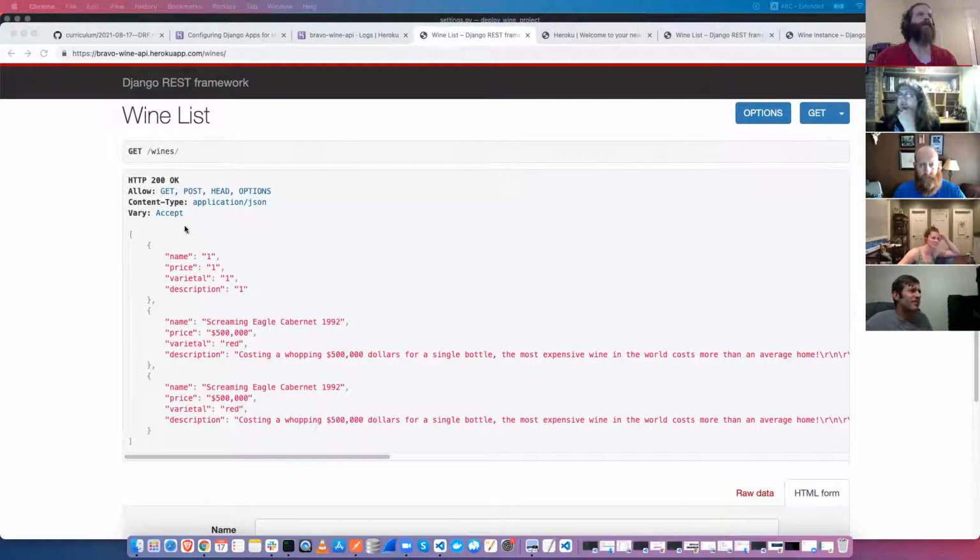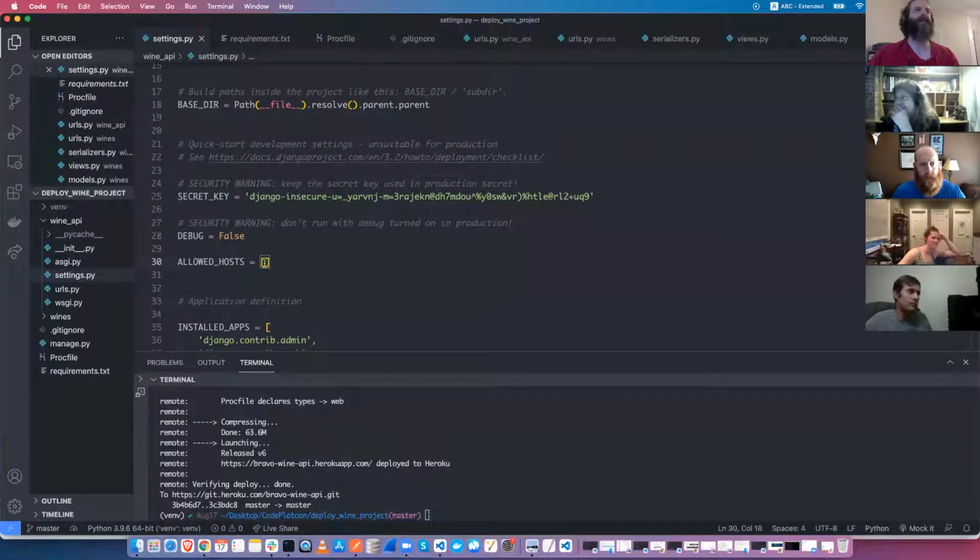This is another security setting that you might want to use,